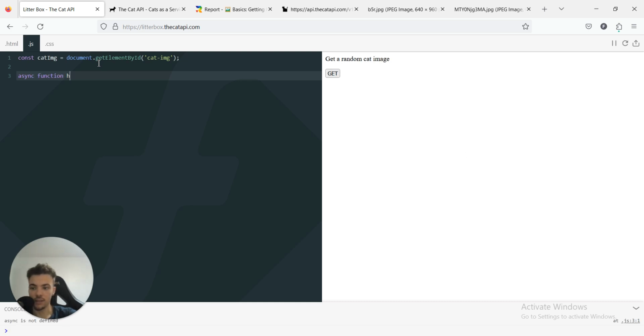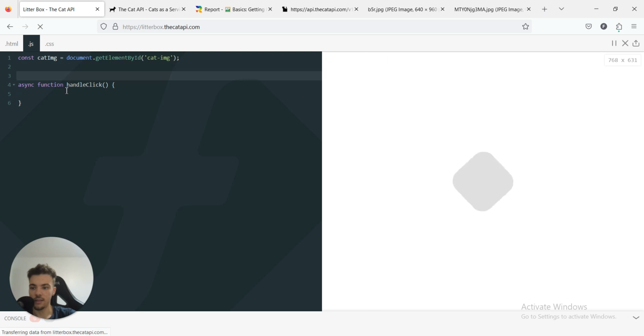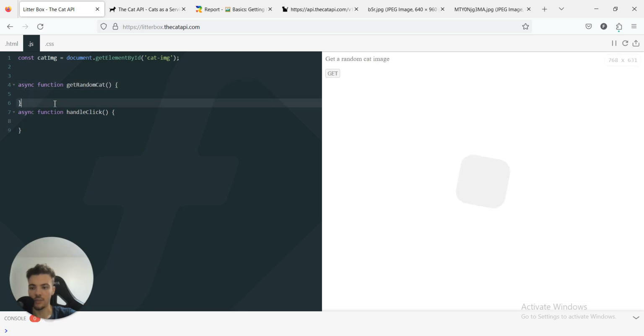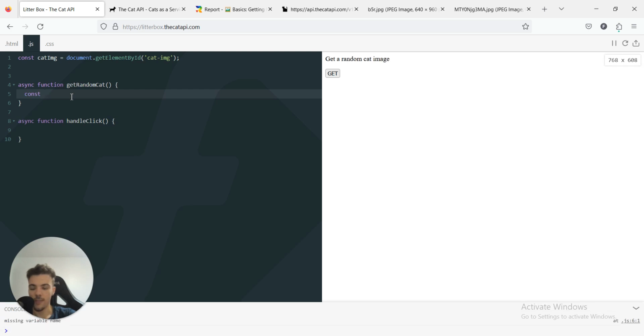And assuming by watching this you already know basic HTML, JS, CSS. If you don't, then just go learn about async functions or promises. Handle click, and when we click the button, this function will be called. And then let's create another function to keep things simple, getRandomCat, which will make an API call and will return a cat